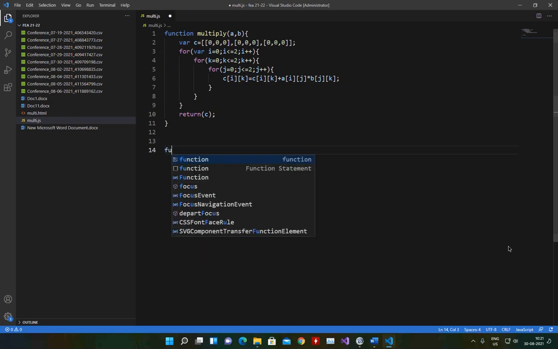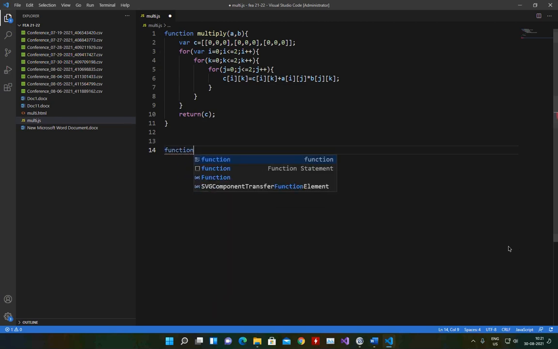So I'll create a function, and maybe I call that function name upper, because that process is converting to upper triangular form, and I will require A matrix, I require B, I require C, I require D. So these four things are required for this matrix.